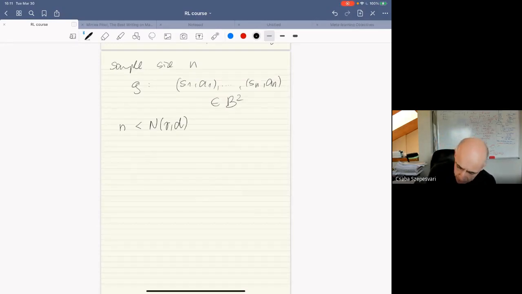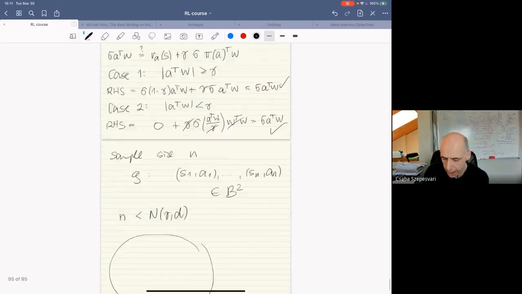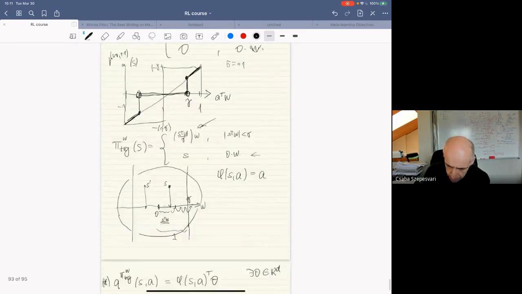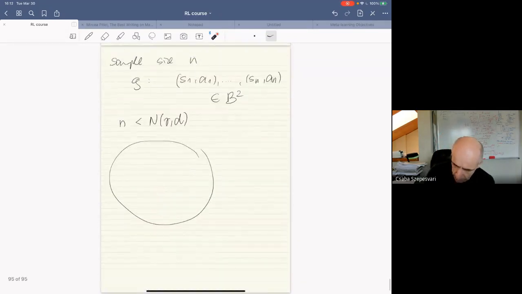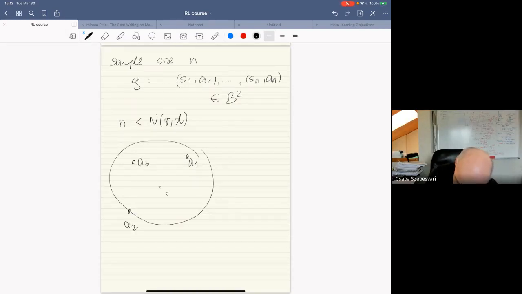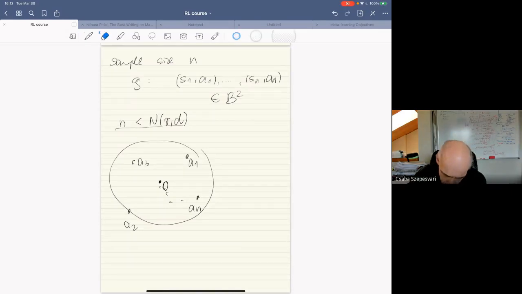Then we can choose a W. We can imagine where we don't care about the state so much, because the rewards don't depend on the state. The rewards only depend on the actions. So let's not worry about where the states are. But you can draw where the actions are: A1 is here, A2 can be here, A3 is there, and so on and so forth. AN is there. And since there are not too many of these, you can always throw